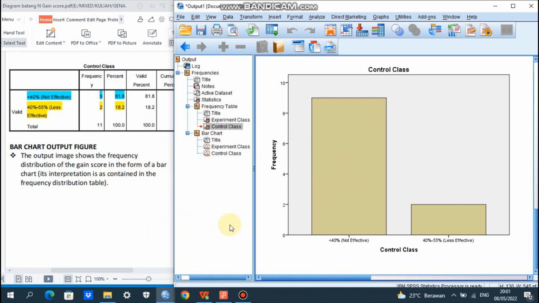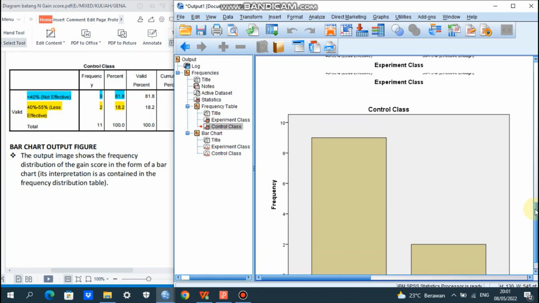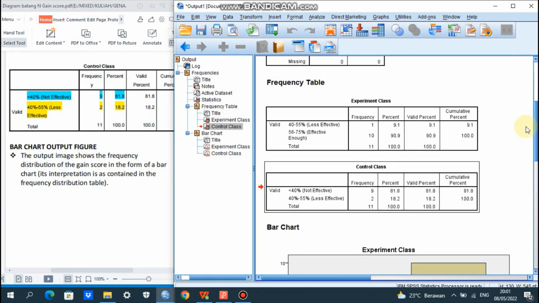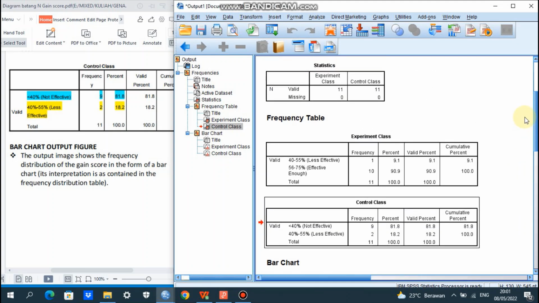This one can be used not only for N-gain score, but also for analyzing other data, such as age data, gender data, jobs or occupations, and also demographic data.